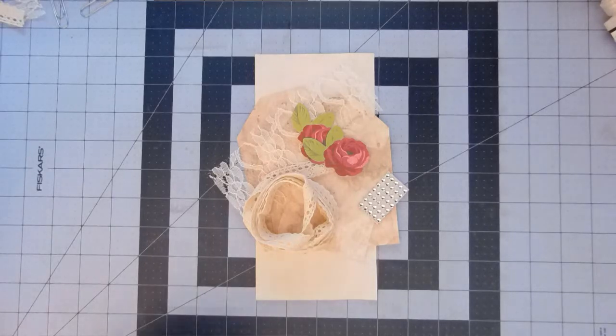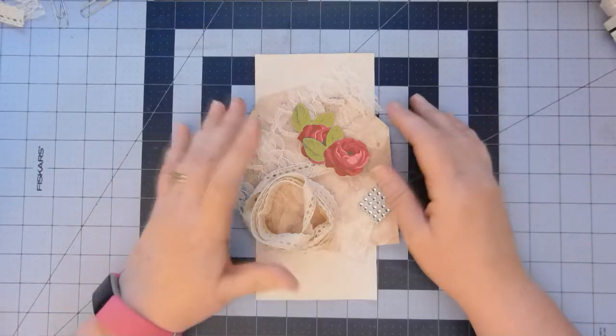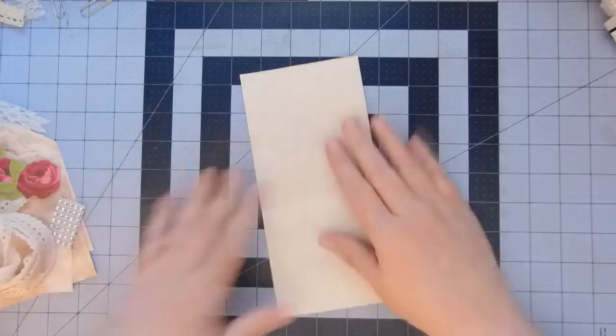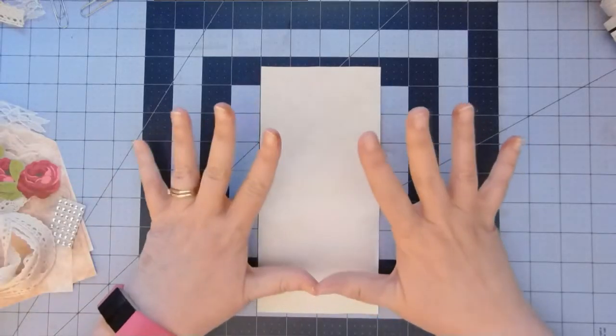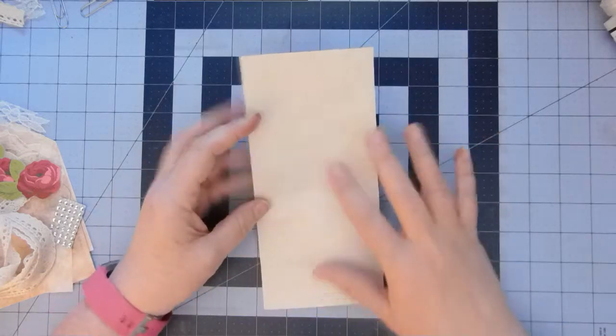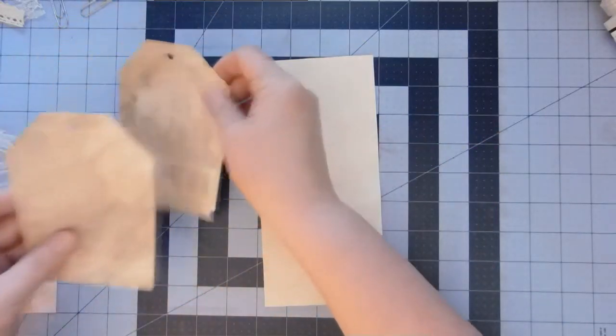Okay guys, I had an idea. I need one more tuck spot. So I have these tall tags, which I started cutting, but I wanted to show you what I'm doing. These tags are 4 by 8